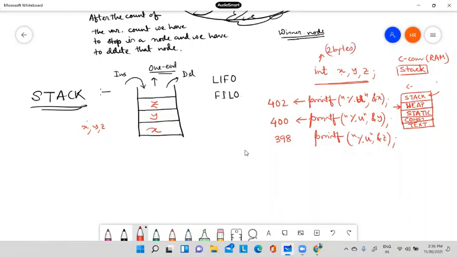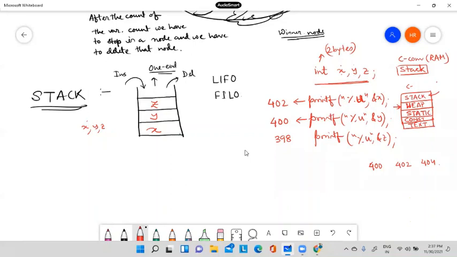See why. Normally our assumption is that when we assign the address of y, it should be increased because we are declaring y after x. If x is at address 400, we assume y and z will be greater than this, because we are assigning these three variables in RAM.